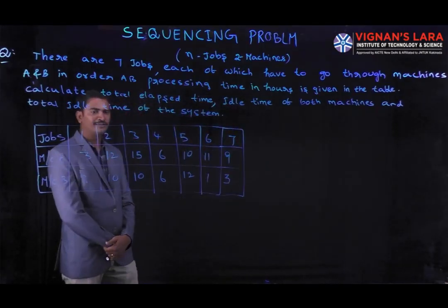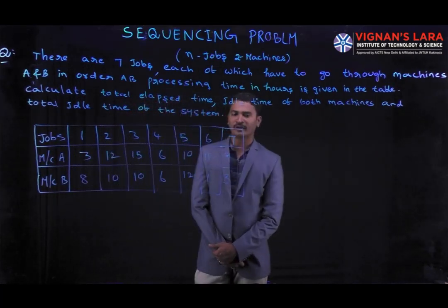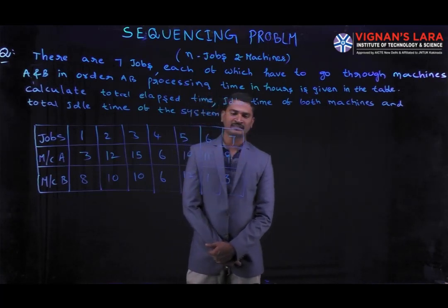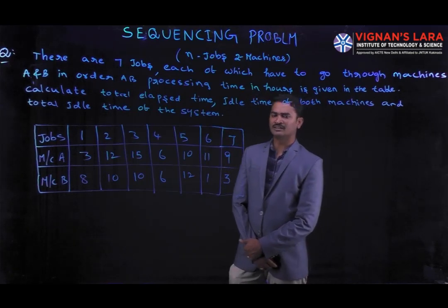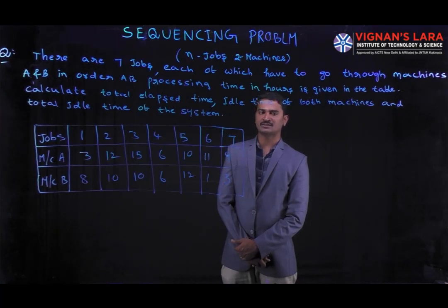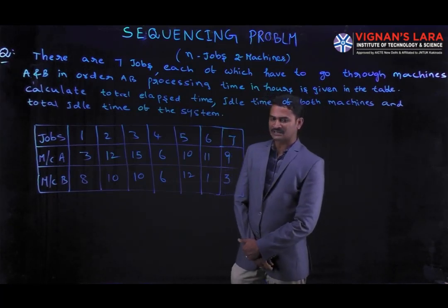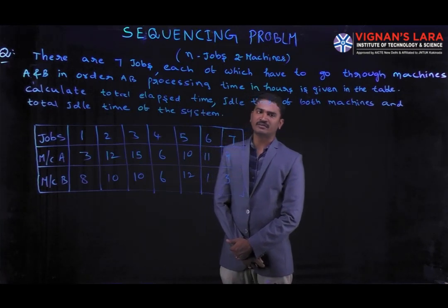Today we are going to discuss sequencing problems. Before we solve this problem, first of all we have to know what sequencing is and where we are using it. It is used in industries. They are using machines, starting the machine and stopping the machine, and doing some functions or jobs. In that, machine allocation and machine idle times are calculated with the help of the sequencing problem.